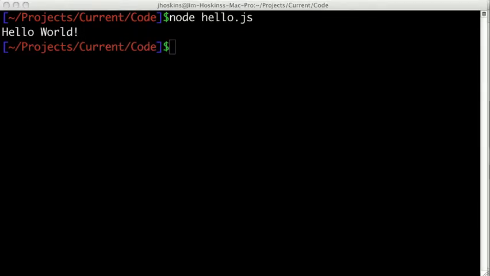Now you'll notice the program exited automatically. In the last video, we said that Node was event-driven. It runs an event loop that's invisible to us, and it will continue to run the application until there are no more event listeners waiting. Since our program didn't create any listeners, it exited immediately. So let's try this. We'll flip back to our code,